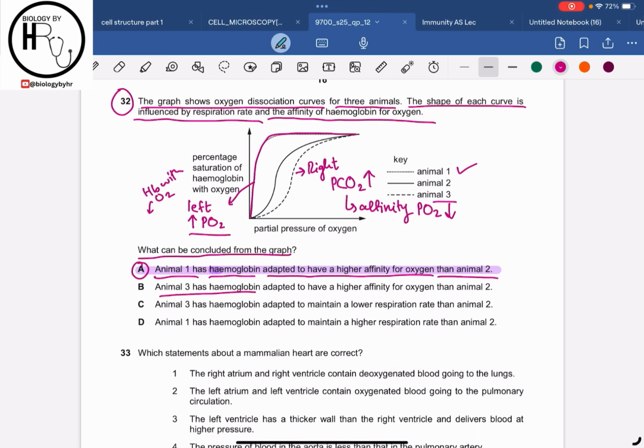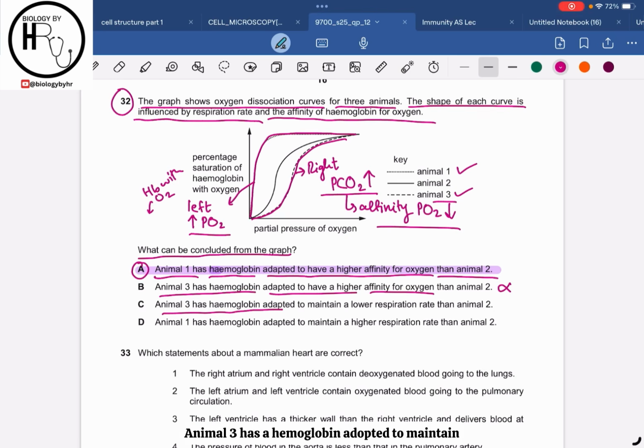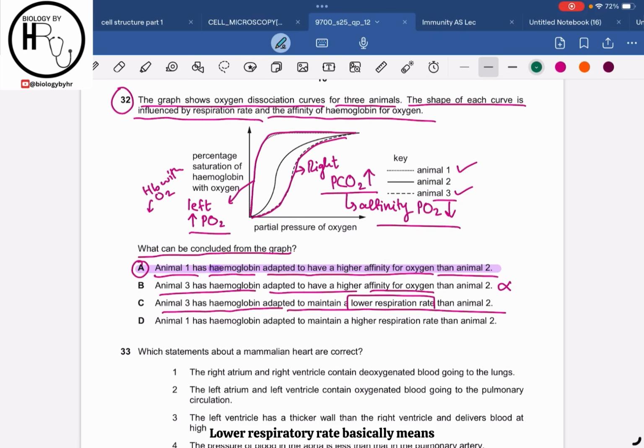Animal 3 has hemoglobin adapted to have the higher affinity for oxygen. No, as animal 3 is having a right hand shift, the partial pressure of the carbon dioxide is greater, which means that the affinity for oxygen is less. Animal 3 has a hemoglobin adapted to maintain the lower respiration rate than animal 2. So basically animal 3, they are saying, is having a lower respiration rate. Lower respiratory rate basically means that less oxygen is being used up, right? Because in respiration the oxygen is used up, and as there is a lower respiration rate, less oxygen is used up, so the partial pressure of the